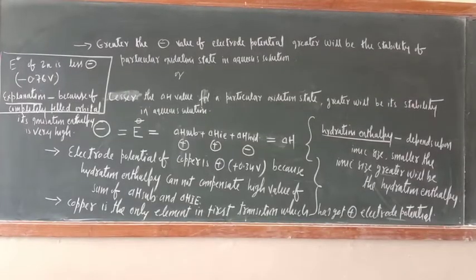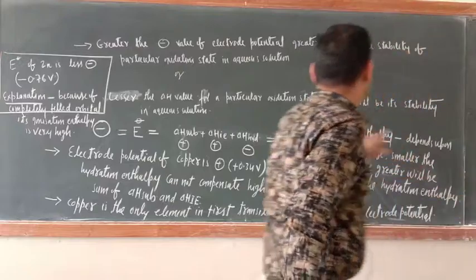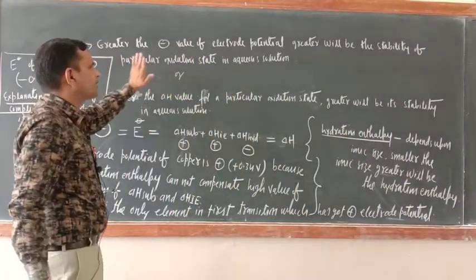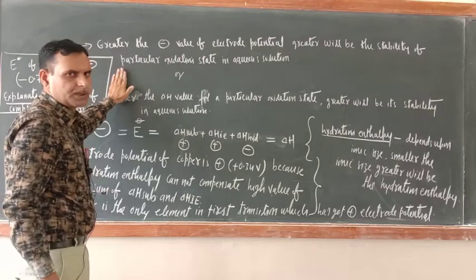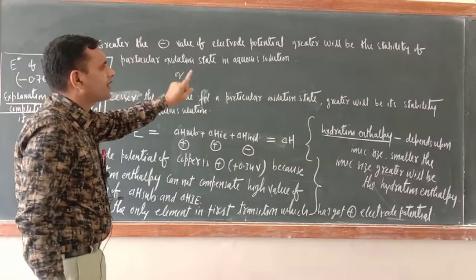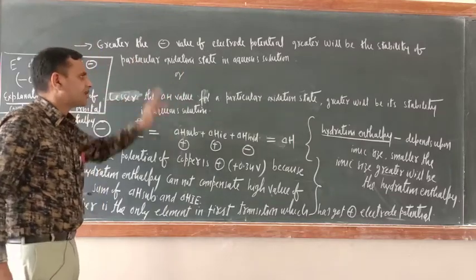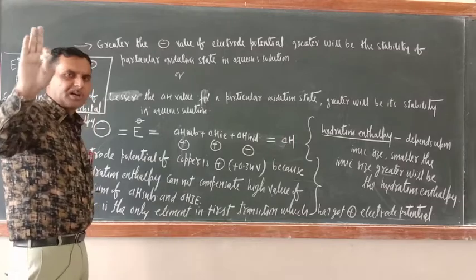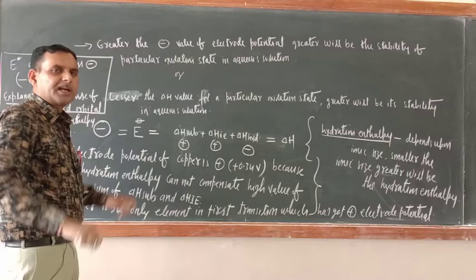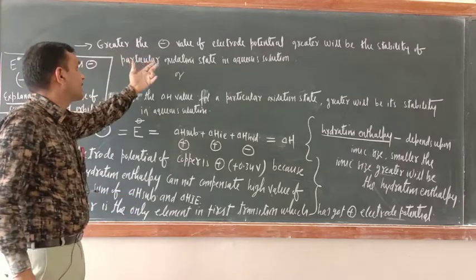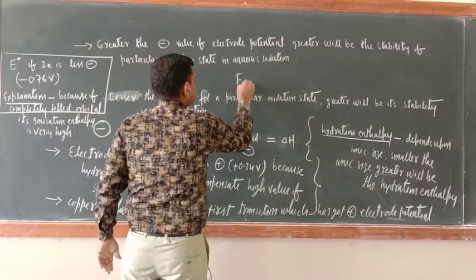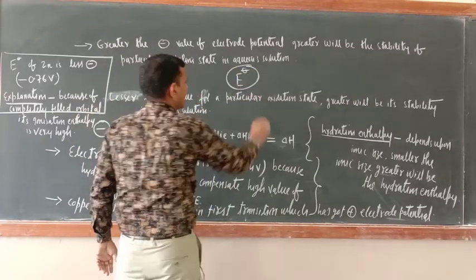So the greater the negative value of electrode potential, the greater will be the stability of a particular oxidation state in aqueous solution. That is the conclusion. For a particular oxidation state, the greater the negative value of electrode potential, and electrode potential is denoted by this sign, E